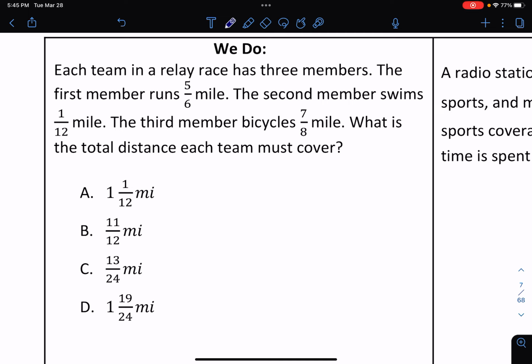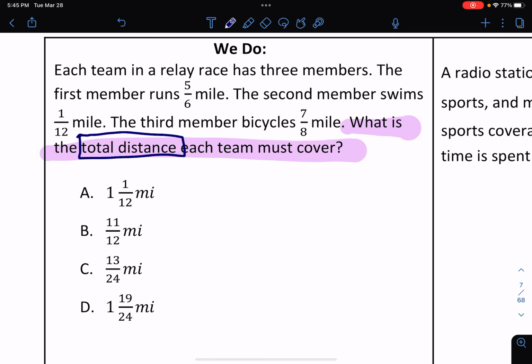So we want to know what it says. What is the total distance? So our keyword here is total distance. Okay, so total means to do what operation? Add is correct. So that means you are adding the distances the 3 team members travel. So the first team member runs 5/6 of a mile. And so we said we have total, so that means we're going to add. So we're going to have plus,